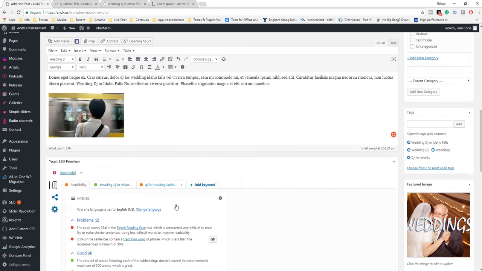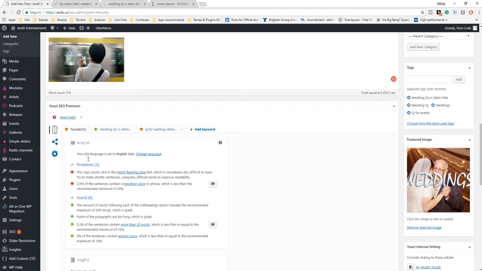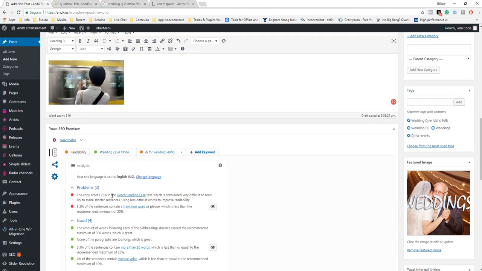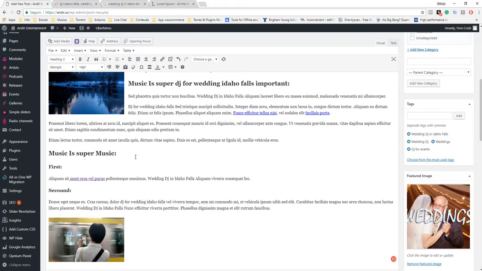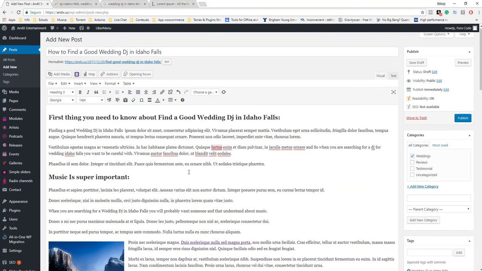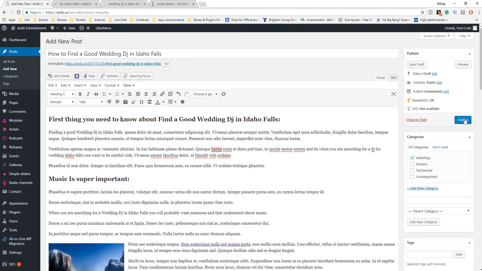And I have H3 here. This should have improved maybe when I update. Anyways, you're just going to be improving the readability, whatever. And then once you're done, you can always